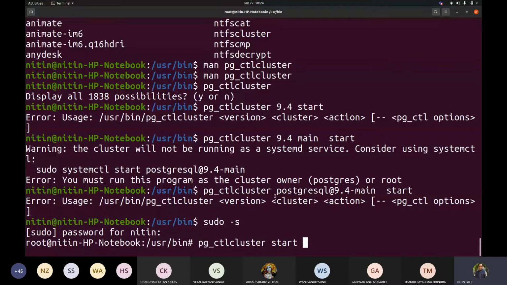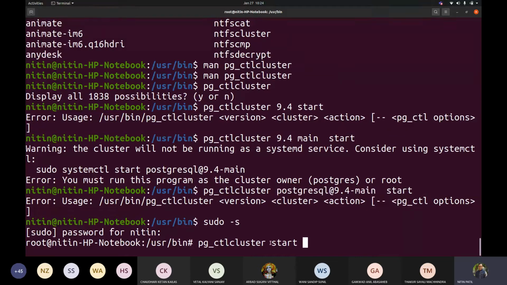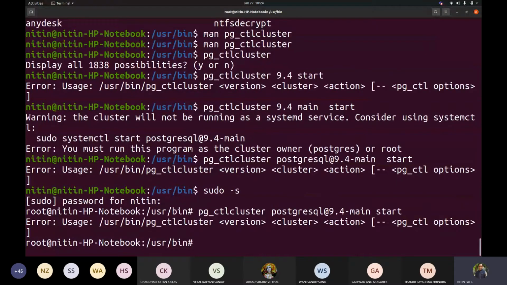Your command, or you write this. Let me try this one, and then start. Okay, so what is it saying again? Am I missing something? So if I write this,